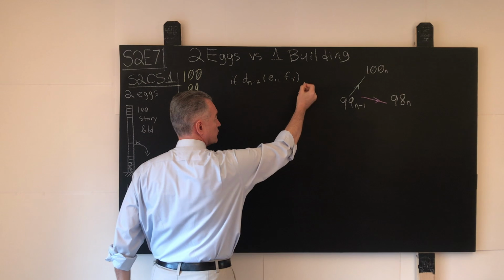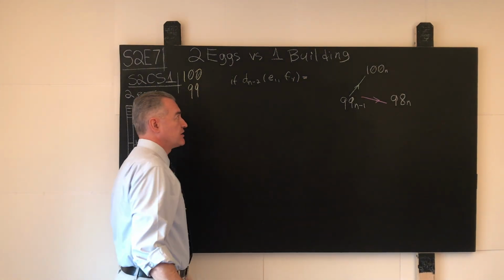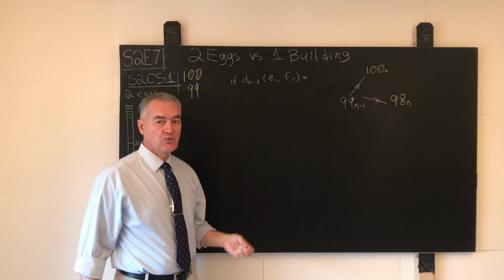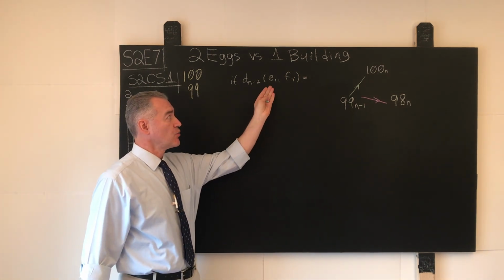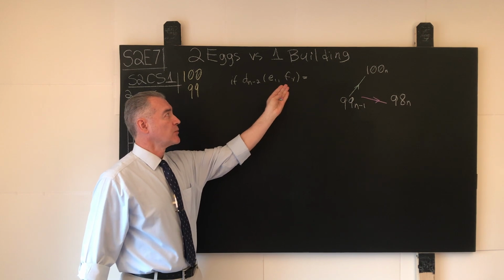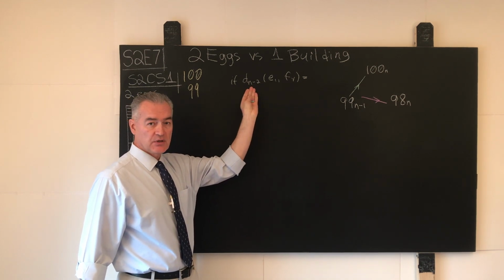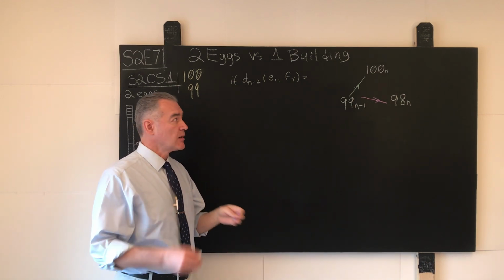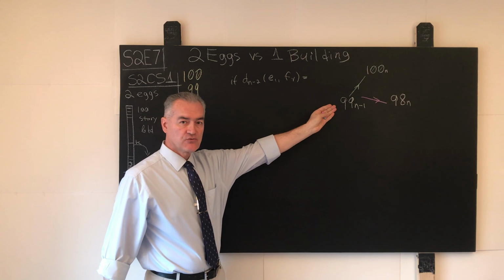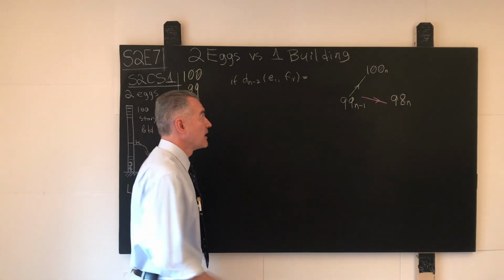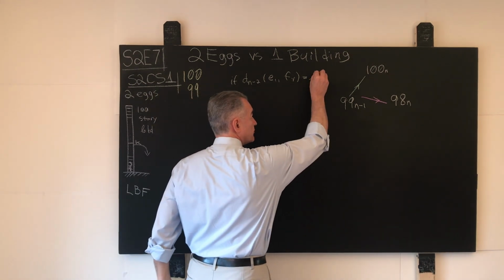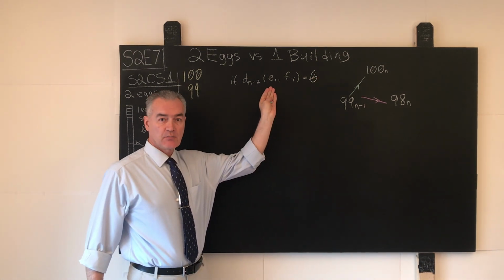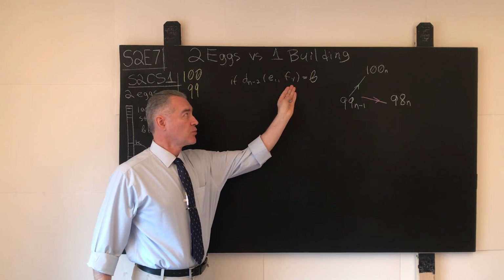We do not know what this floor is. If this drop is good, which means that when we dropped the egg number 1 from the floor f sub y on the attempt number n minus 2, that egg did not break, then we climb up to the 99th floor. But if this drop was bad, we'll designate it with B, which means that when we drop the egg number 1 from the floor f sub y on our